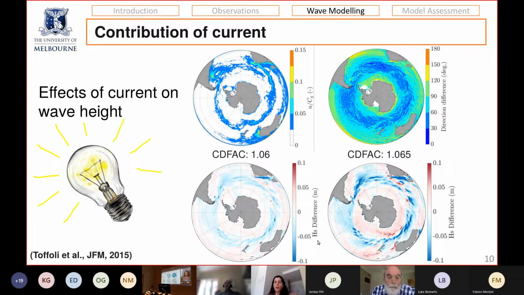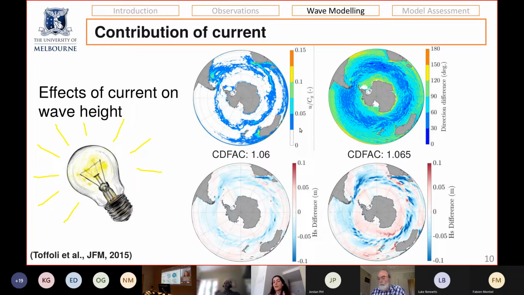And down here, I'm showing the difference in our significant wave height from the model with the actual values of current on the left and with doubled values of current on the right. It is very interesting to see how these plots of changes in the significant wave height and the dimensionless current speed match. Basically, wherever the slight changes in our significant wave height match the areas where this dimensionless current speed